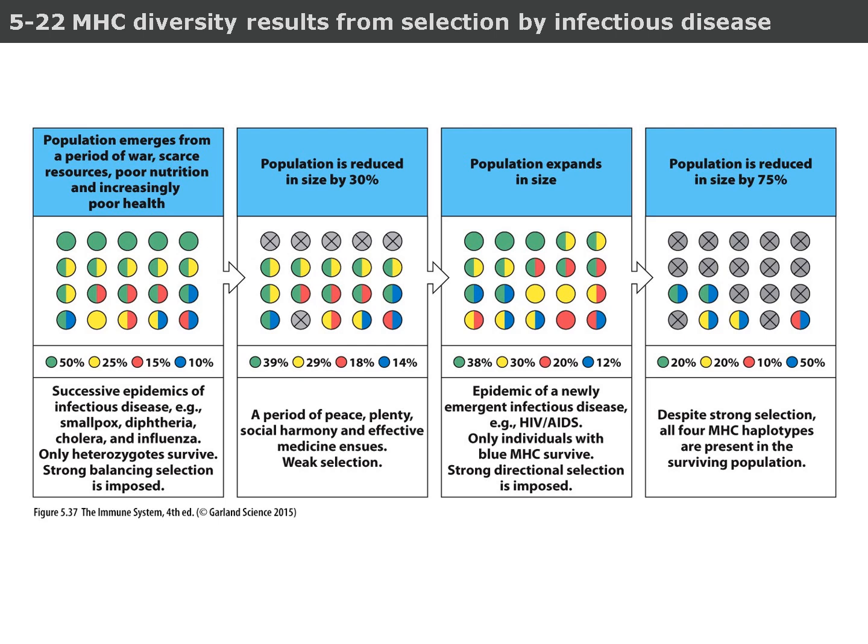Despite intense selection, all 4 MHC haplotypes are retained in the survivors. This illustrates how even under severe pressure, genetic diversity can persist, especially when survival requires different immune profiles. Together, these scenarios emphasize how both historical and emerging diseases have helped shape the evolution of MHC diversity in human